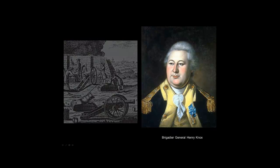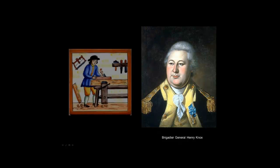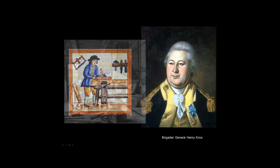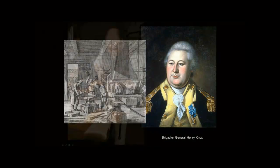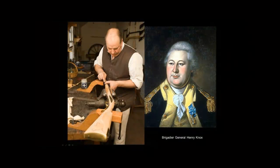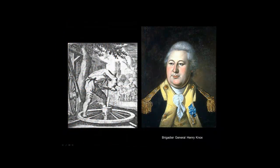In fact, the winter cantonment at Pluckemin was much more ambitious than most people recognize then or now. Joining the 22 companies of artillery were 2 companies of craftsmen, artificers such as carpenters, joiners, blacksmiths, and wheelwrights, as well as a company of Continental armorers who were gunsmiths and weapons specialists. This allowed them to build a much more substantial set of buildings than the simple log cabins that made up